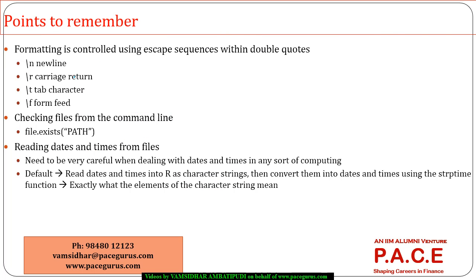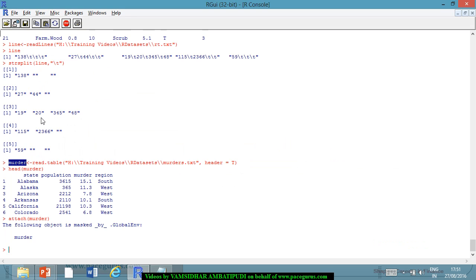And regarding the input and output formats, you can control the formatting using the escape sequences we have already talked about. \t is more for the tab character, \n is for a new line, \r is for a carriage return, etc. And if I want to check the files from the command prompt, if a particular file exists,